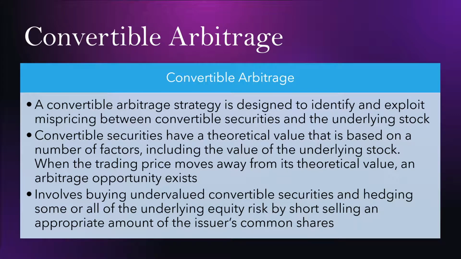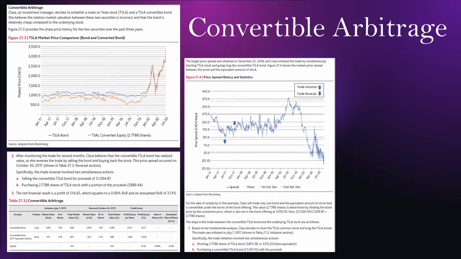Now, I do have an example for convertible arbitrage as well that was in the textbook. So going through this example, we're going to start with the photo that I put on the right. Step number one, you really want to figure out what you're going to be buying and shorting. In this example, we have Tesla, so the Tesla stocks and the Tesla convertible bond. And they look at the price spread between the two using the equivalent amount of stock that the convertible bond